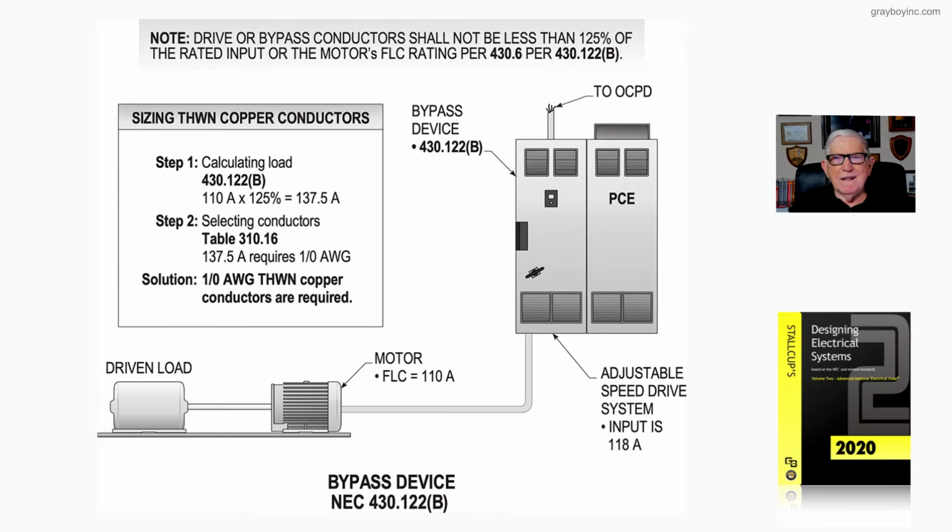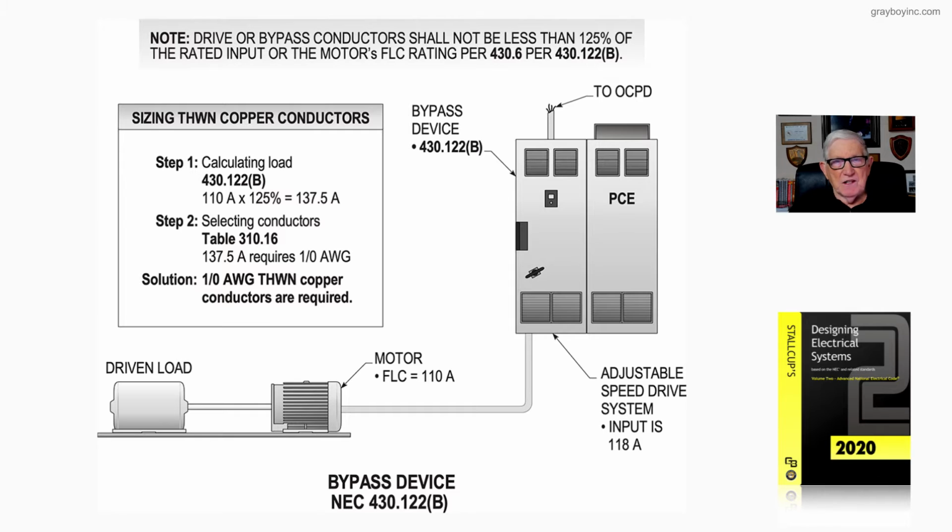Now this figure 18-64 deals with the procedures for calculating the load in amps to size the conductors for a bypass drive system. Now, notice the drive or bypass conductor should not be less than 125% of the rated input current or the motor's full load current rating per 430.6(A) in accordance with